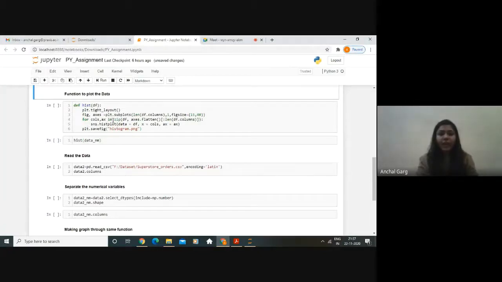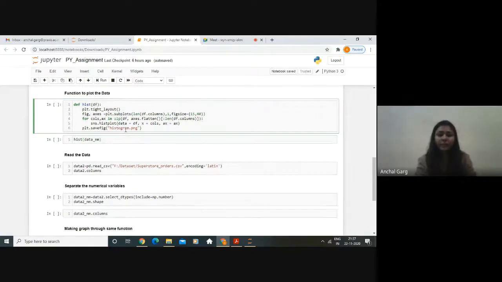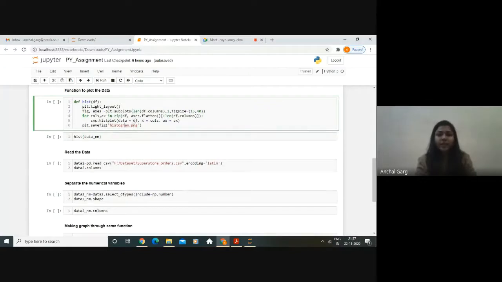And then for columns x in, I have used the zip command. You can see that. What the zip command will do is convert all the iterators into one iterator and use the resulting iterator to give the results cleanly and quickly. And then I've used axis.flatten, which will flatten our array, and then len of df.columns.